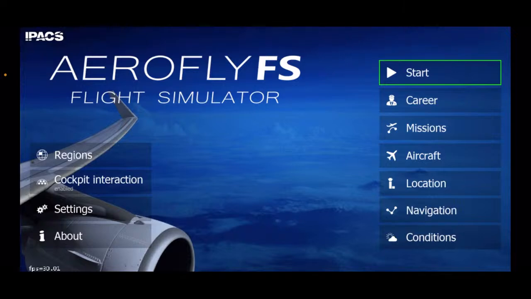Another video. Today we have an Aerofly FS 2023 tutorial, the video you guys have all been waiting for. Today we're going to be doing an in-depth video on how to start up the A320, a very highly requested video. I know you guys have been waiting for this, so I'm going to be showing you how to start up the A320 from cold and dark all the way to ready to taxi.